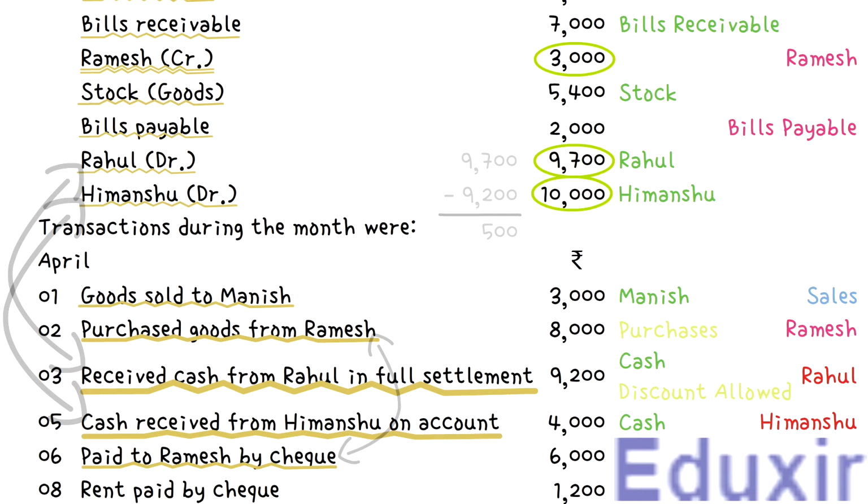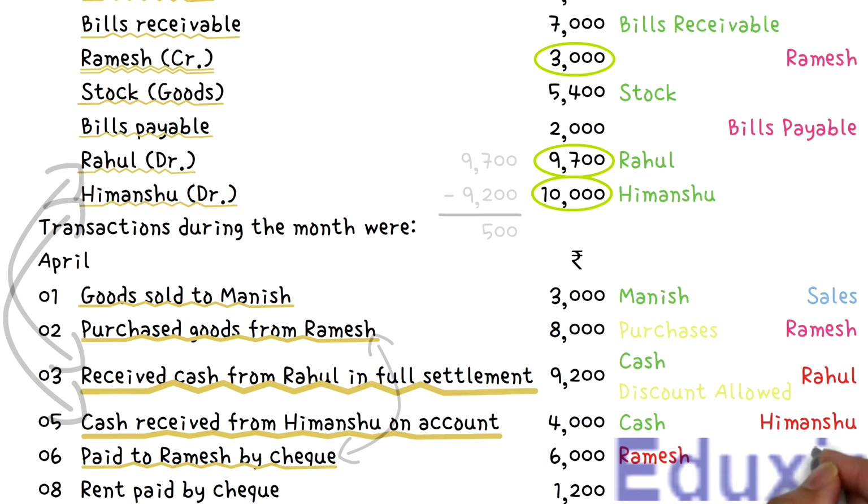So, as the business is paying to the creditor Ramesh, the liability of the business to pay to the creditor Ramesh is decreasing in this transaction. The rule to record any decrease in the liability is to debit the corresponding liabilities account. In this case, the creditor Ramesh account should be debited. At the same time, as the business is paying to the creditor Ramesh by issuing a check, and as this check will be realized, the bank asset available with the business will be decreasing. The rule to record any decrease in the asset is to credit the corresponding assets account.